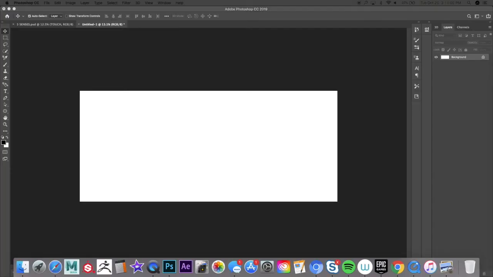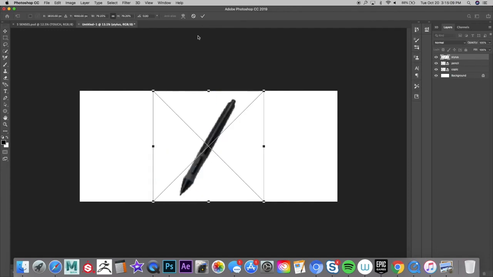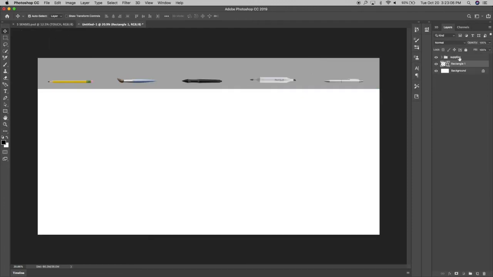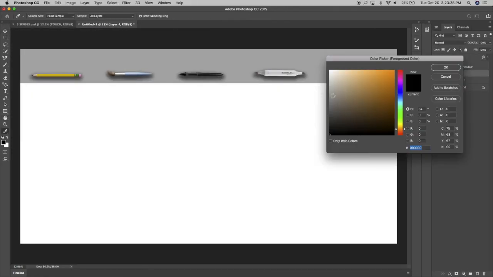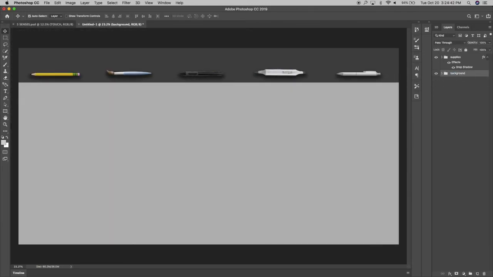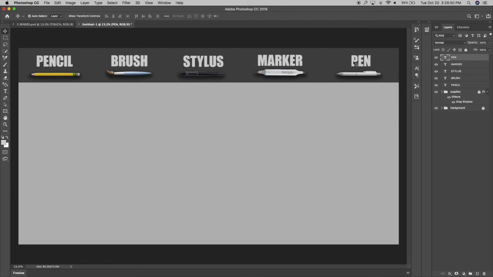Spooky. Alrighty, so the 5 art supplies that I've chosen are a pencil, a paintbrush, a stylus like for digital art, a Copic marker, or just markers in general really, and an ink pen. These are the 5 I will use most often, and they are the 5 that today I'm going to base monsters off of. I started off by just building my sketchboard, pretty much labeling stuff and getting some basic stock